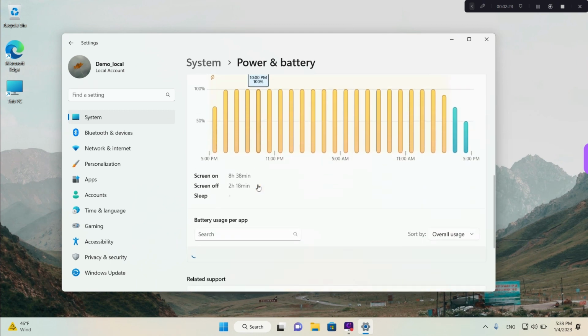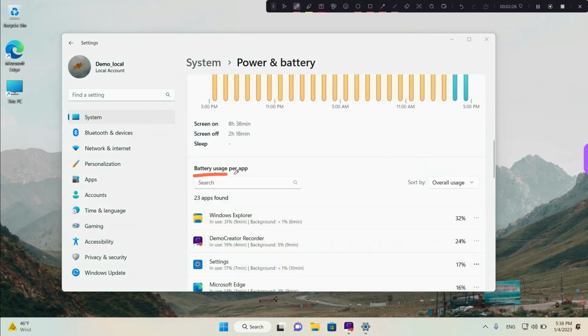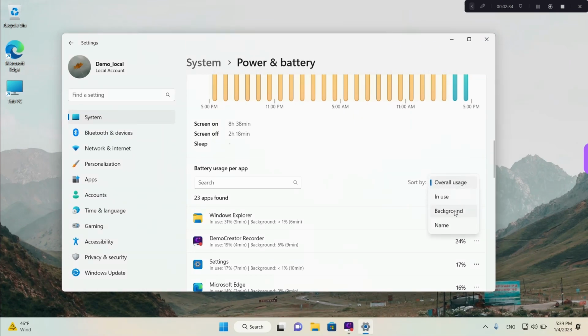Welcome back. Today we are going to see how we can disable background apps on Windows 11. These are programs that run without you manually opening them, and they use resources and battery power, so you might want to disable them. Stay with us till the end and we'll also show you how to disable background activity